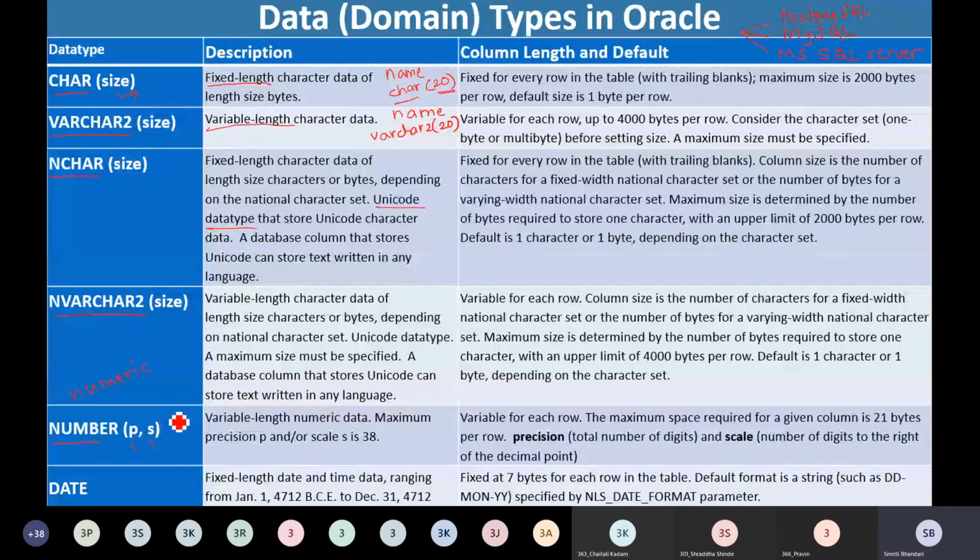So if I am declaring salary number, and I mention precision 10, scale 2, then the total number of digits I can store under salary is 10, and to the right hand side of the decimal place I can store 2 digits. So maximum 2 decimal places I may have.